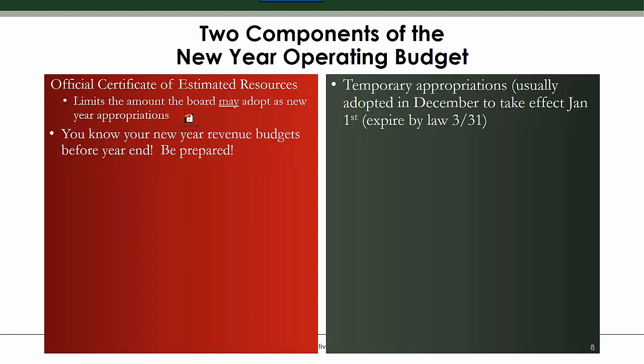They have nothing to do with this year's appropriations. They are the first appropriations in the new year, and they are issued because some of our fiscal officers have a very early January meeting where they're going to have to pay bills, and some people have a very early January payroll. Folks that have biweekly pay, sometimes that January payday is January 2nd. So without temporary appropriations, they're not going to be able to post payments or wages in the new year. So temporary appropriations get them through that.